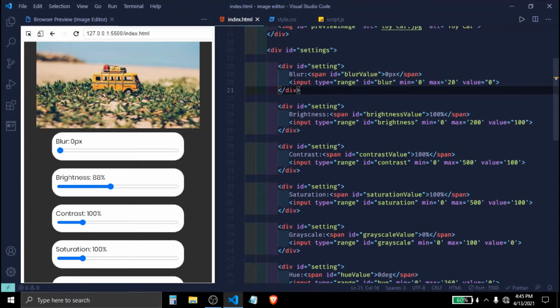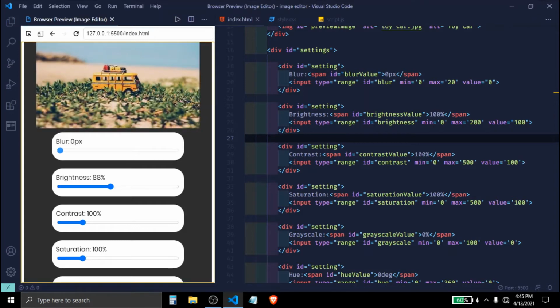Then we have this input. This is the sliding thing. You can make this by using the input tag, and you can use the type of range to make this. While making a range, you want to give it a minimum value and also a maximum value. The minimum value is the minimum the range can go.